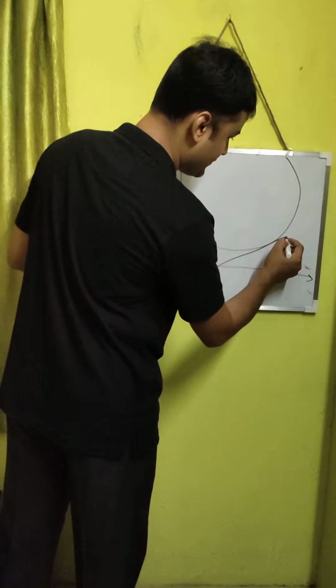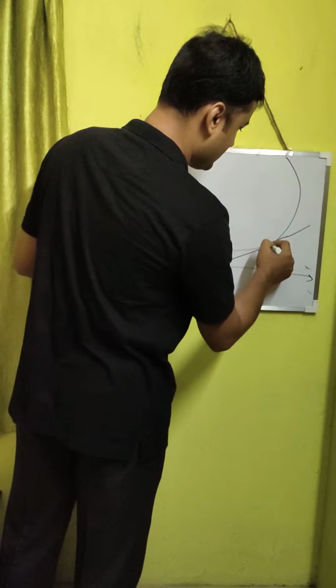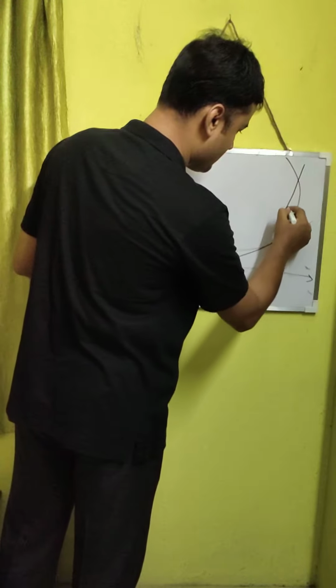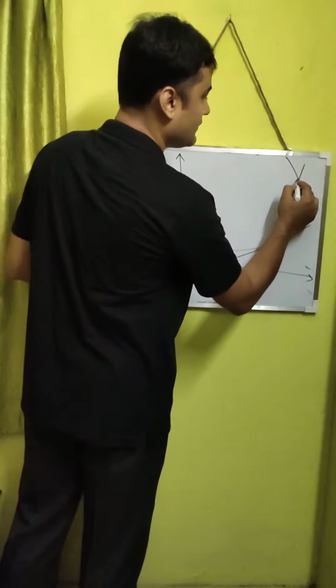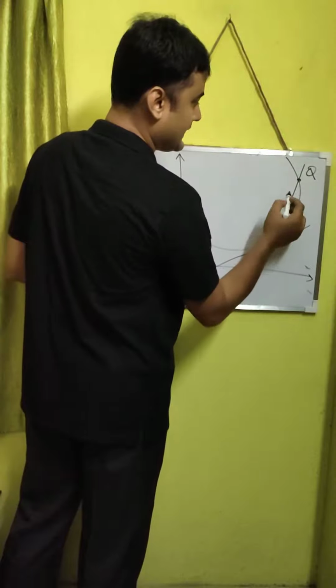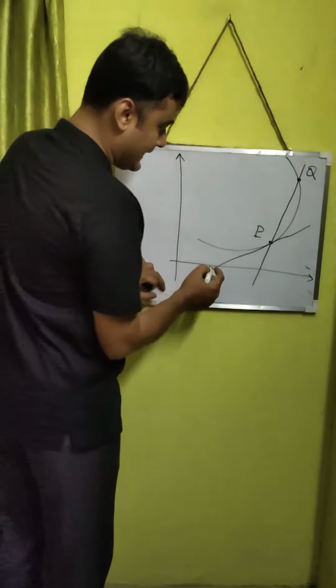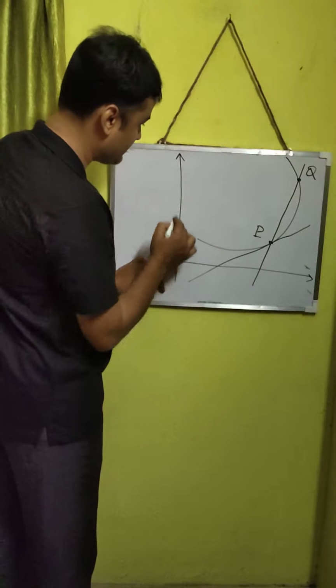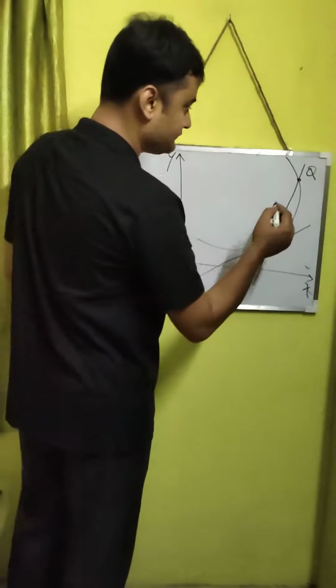Say this is the tangent. I am drawing it backwards so that it is easier for us to understand. And this is the chord. This point is Q, this point is P. And this is our coordinate axis XY. This is the origin O.